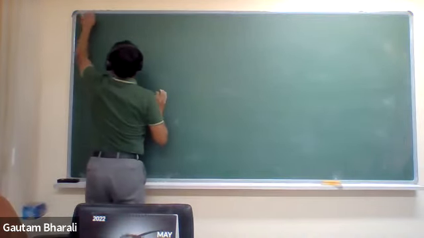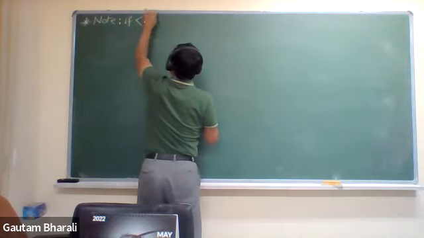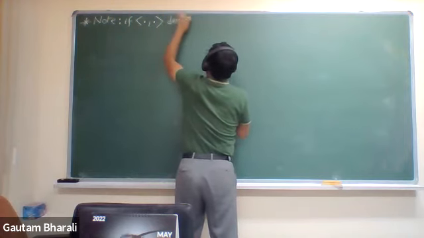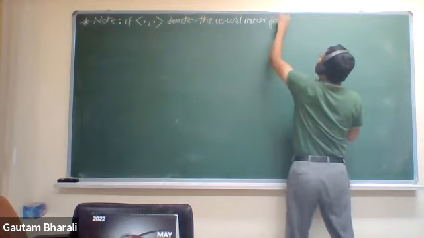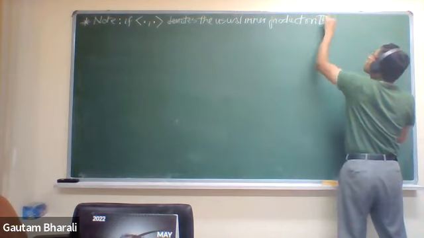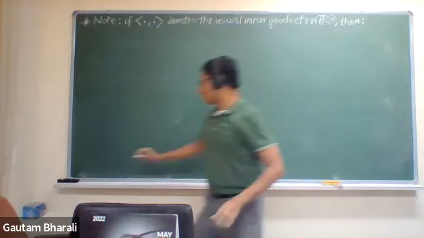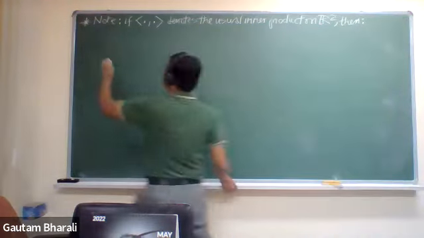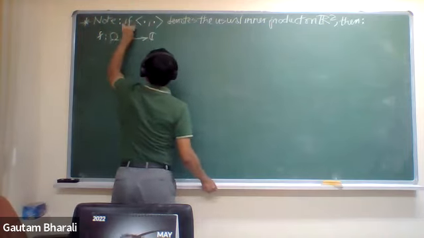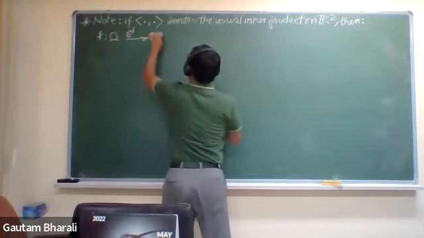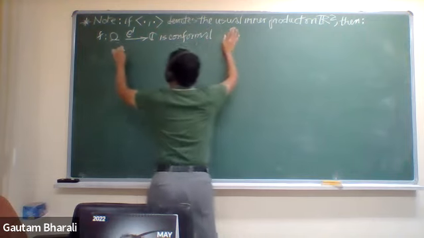So note that, if angle bracket first entry, second entry denotes the usual inner product on R2, then F from omega to C, remember, now we are talking about C1 smooth maps only, is conformal if and only if